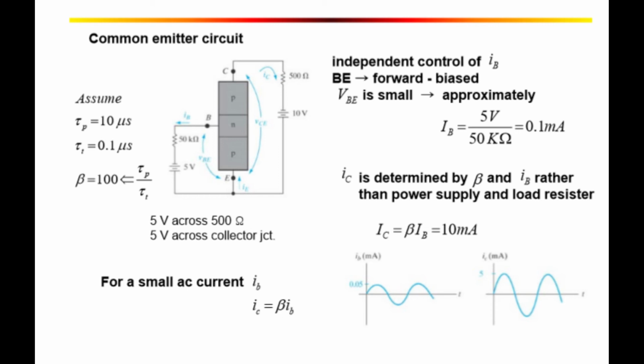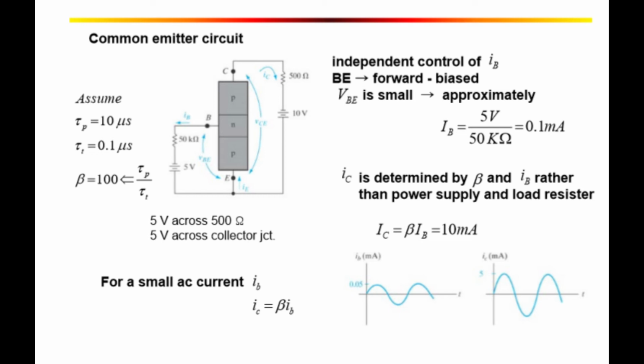Since the base width WB is small compared to the diffusion length LP, which we discussed in the last lecture, this transit time is much less than the average hole lifetime tau p in the base. On the other hand, an average excess electron supplied from the base current spends tau p seconds in the base supplying space charge neutrality during the lifetime of an average excess hole, while the average electron waits tau p seconds for recombination.